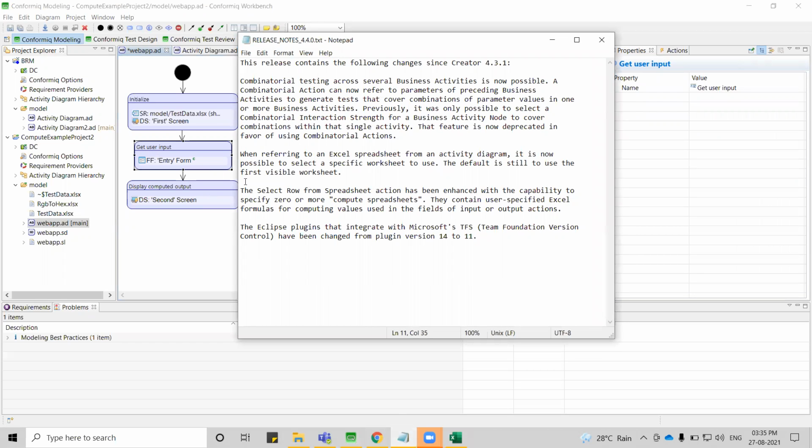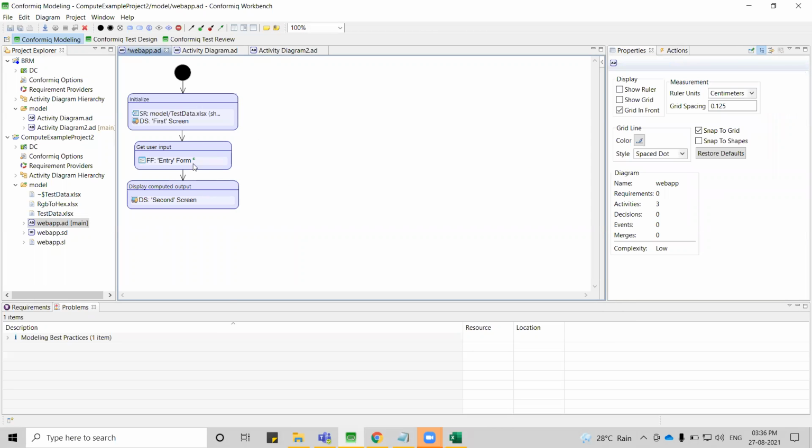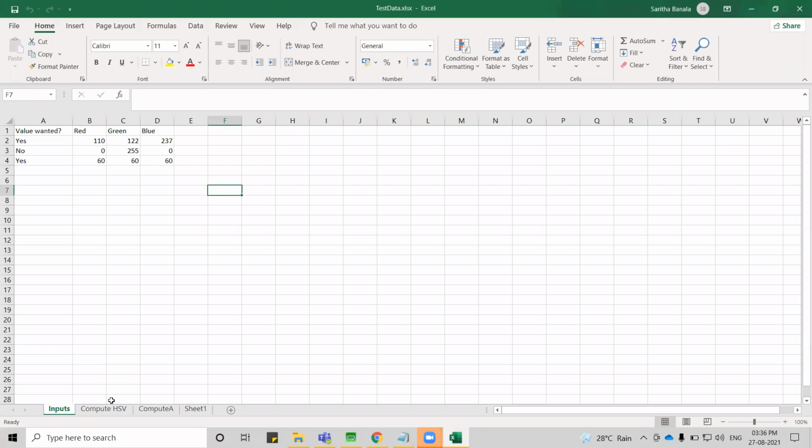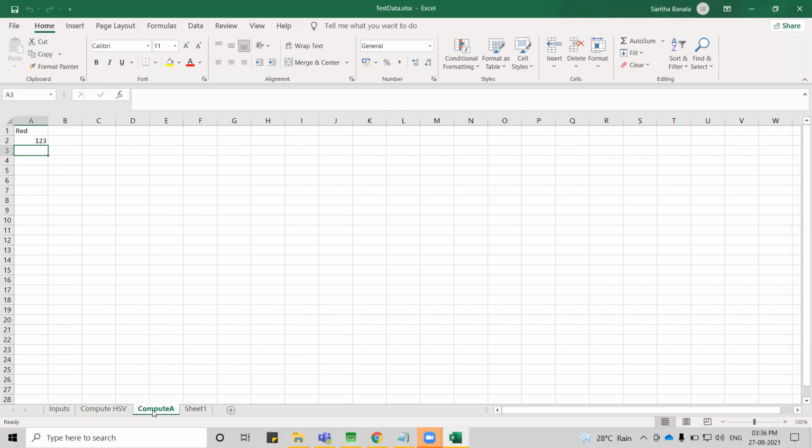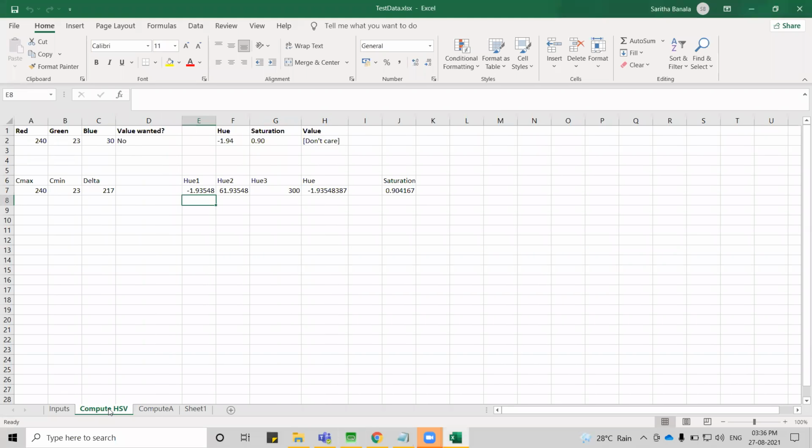And coming to the third one, let's say the users have formulas inside it and they want to refer to input from multiple tabs, saying that this is the main and the value should come from here. So what you can do here is have multiple compute files over here. Say instead of saying this as compute file, you can also say just HSV.